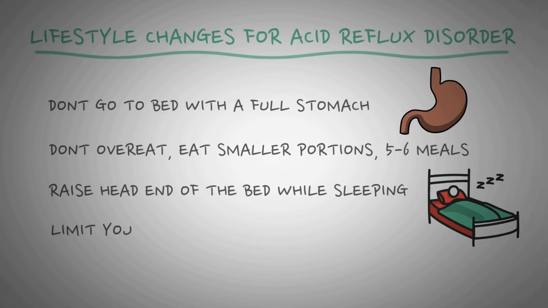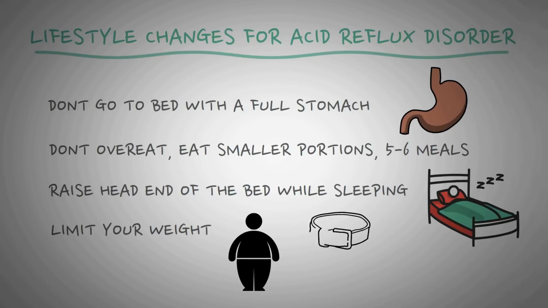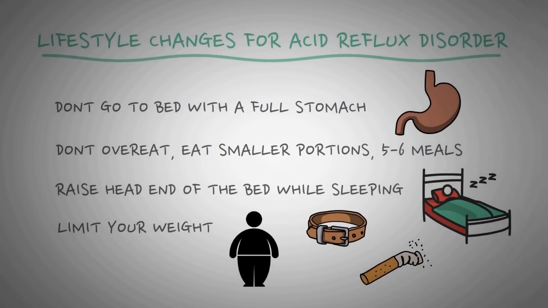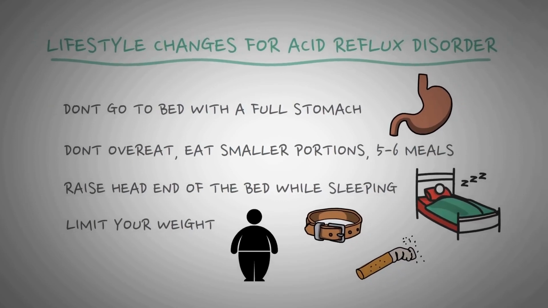Maintain a healthy weight. Excess weight, especially due to abdominal obesity, can put pressure on your abdomen, pushing up your stomach and causing acid reflux. Avoid tight-fitting clothes. Clothes that fit tightly around your waist put pressure on your abdomen and the lower esophageal sphincter. Stop smoking. Smoking decreases the lower esophageal sphincter's ability to function properly and also leads to excessive secretion of acid